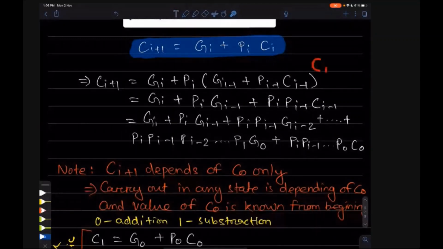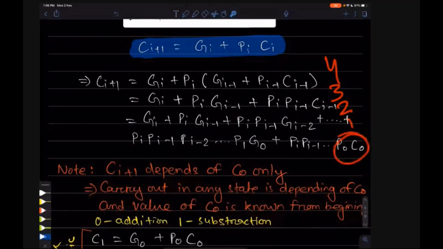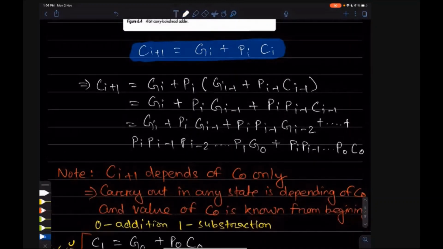Whenever it is ci minus 1, i minus 2, i minus 3, i minus 4, at the end c0 will come, or not? What is i? i is the stage number. If the i value is 4, then 3, then 2, then 1, at the end 0 will come.